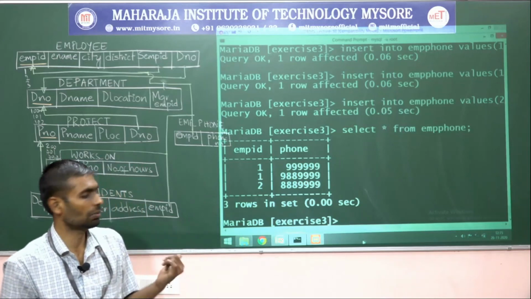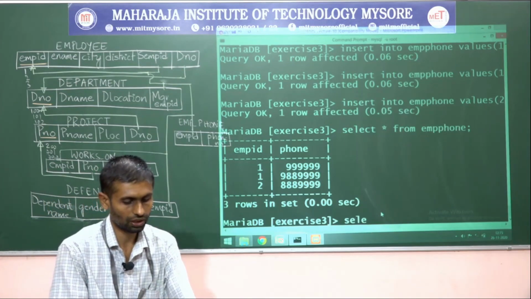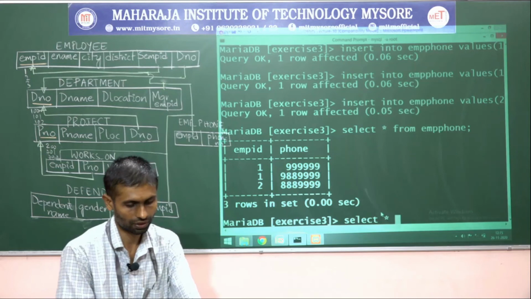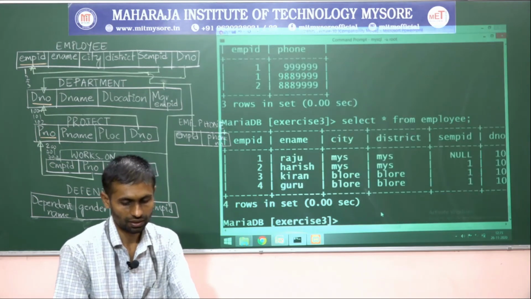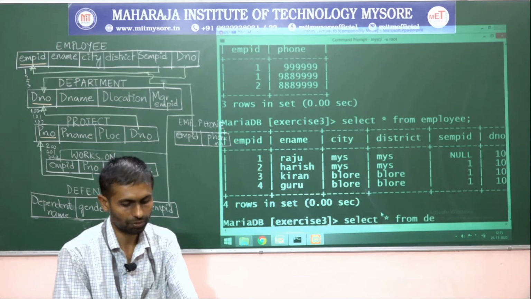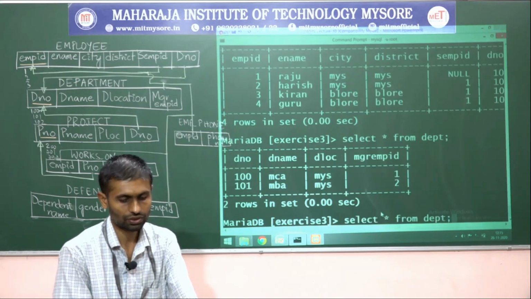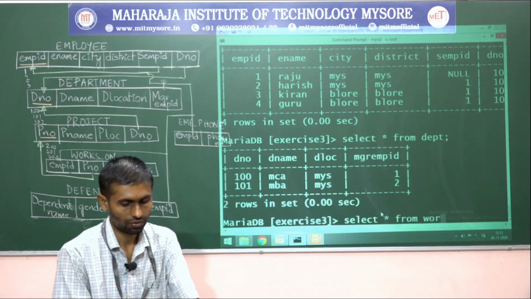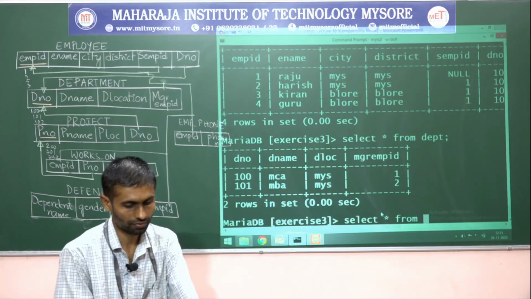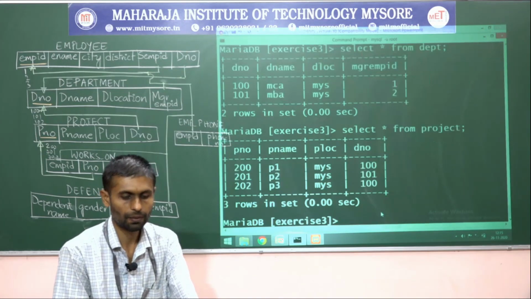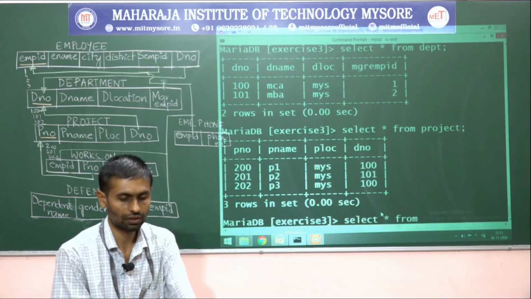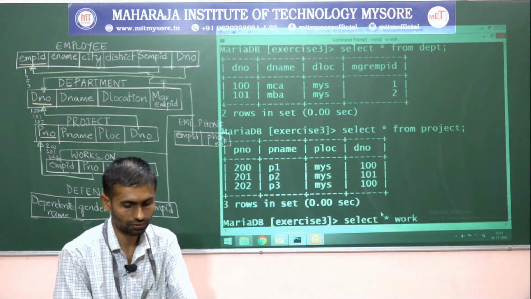Almost we are ready with all tables, right? So we'll try to display all tables. How? Select star from employee. Yes, select star from department. Select star from project. Yes, next select star from works on.